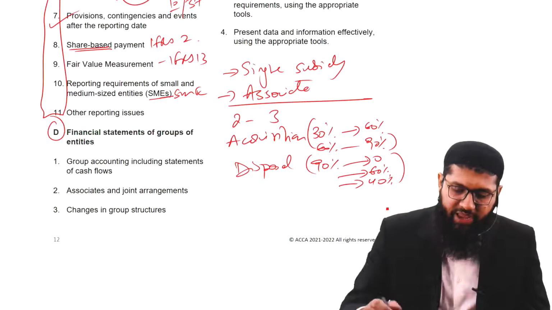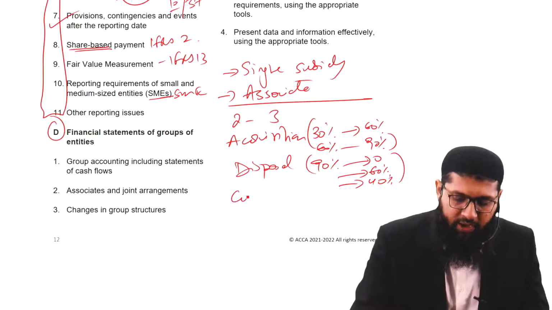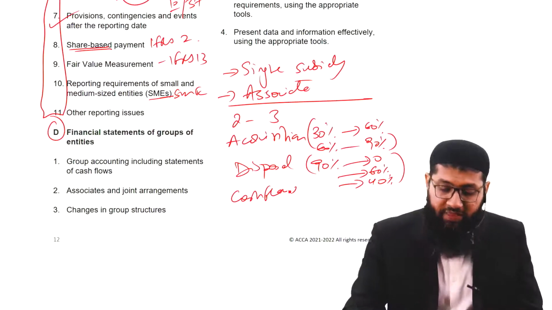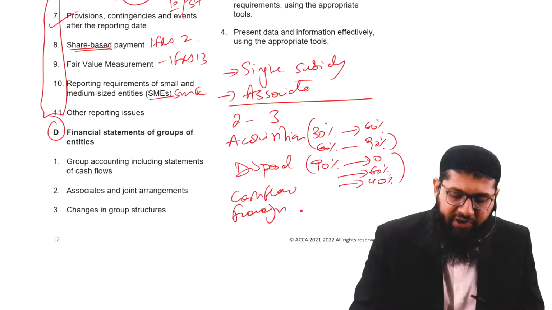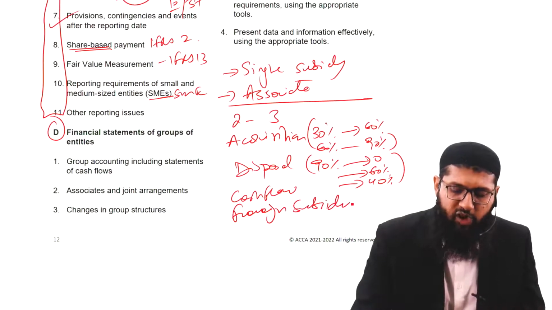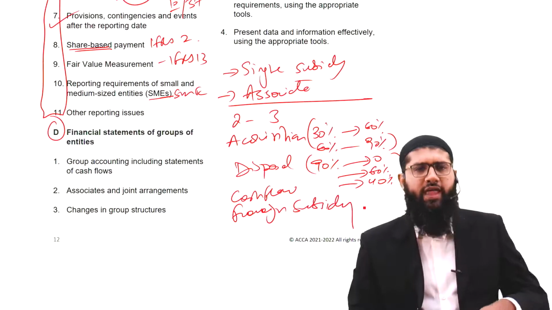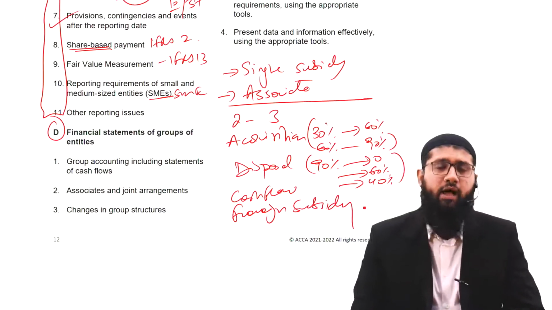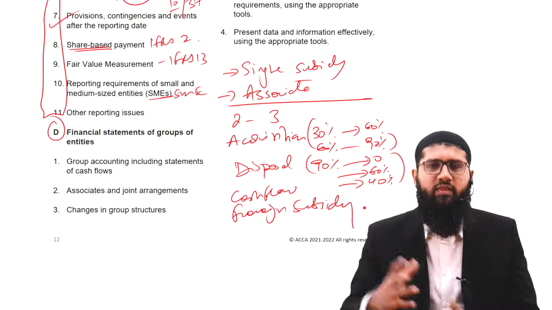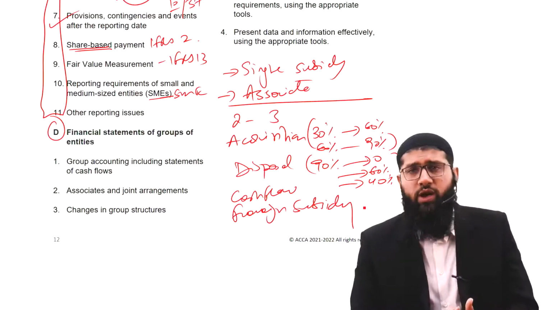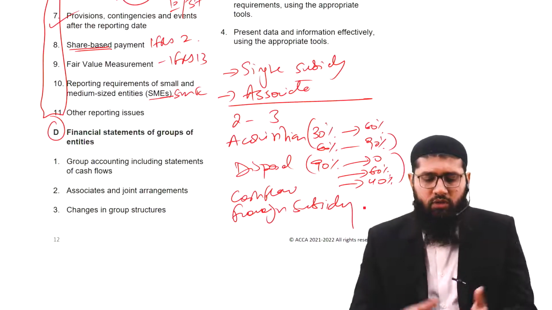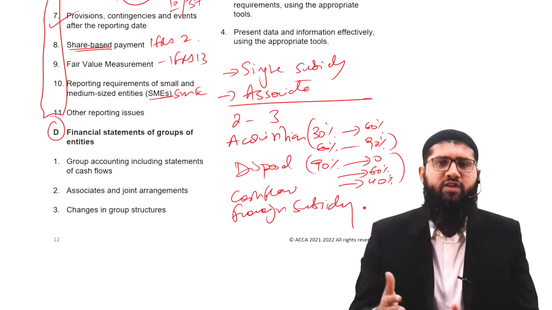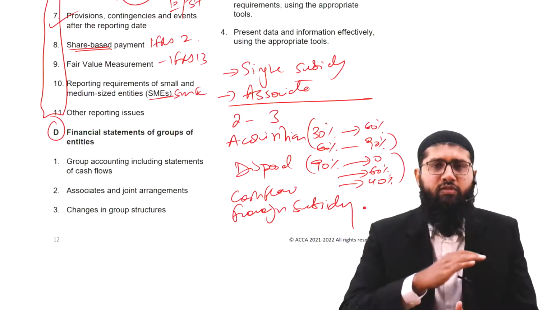In addition to this, there is going to be the group cash flow. You have not studied them at F7. There are going to be the foreign subsidiaries also. You are in UK, you want to invest in Australia. You are in UK, you want to invest in Gambia. You are in UK, you want to invest in Tanzania. You are in UK, you want to invest in Caribbeans. You'll be handling all these things. So there's going to be foreign investments, foreign currency transaction. That is all you would be dealing with.